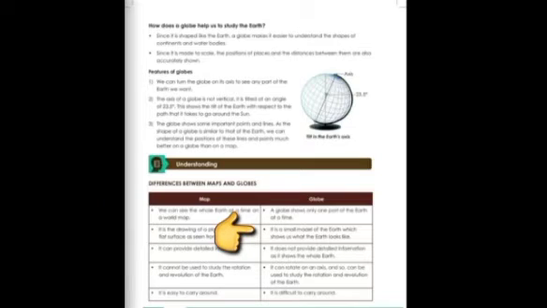It is a small model of the earth which shows us what the earth looks like. The third is it can provide detailed information, and a globe does not provide detailed information as it shows the whole earth. Fourth is it cannot be used to study the rotation and revolution of earth, and a globe can be rotated on an axis and so can be used to study the rotation and revolution of earth.